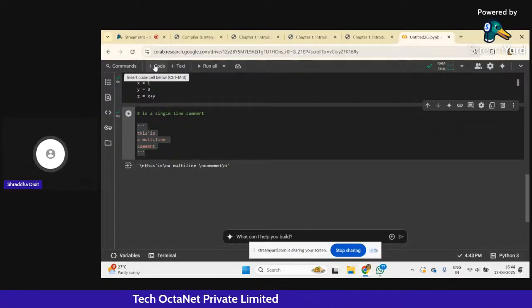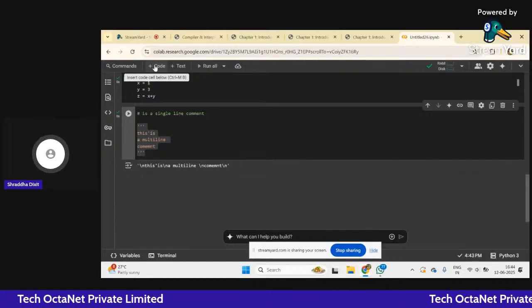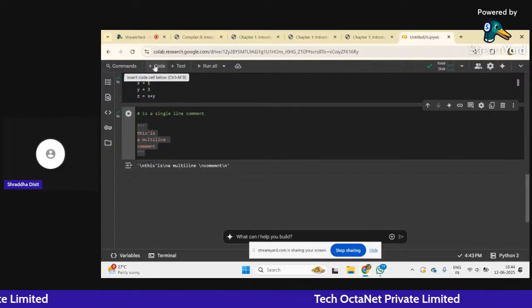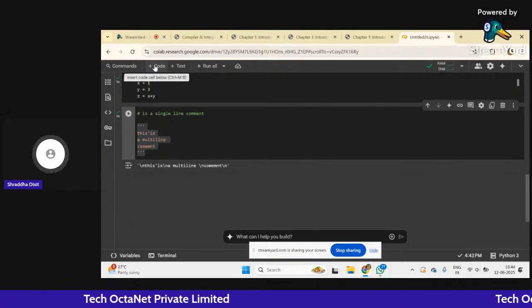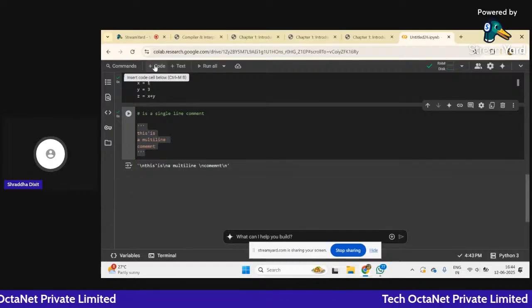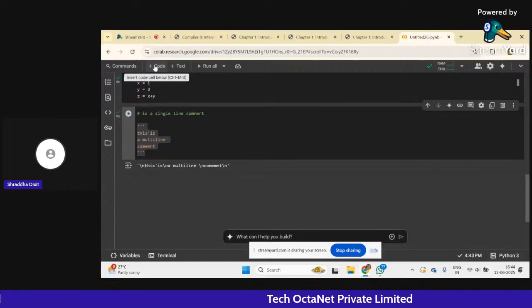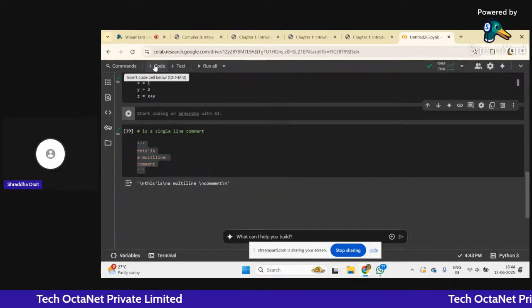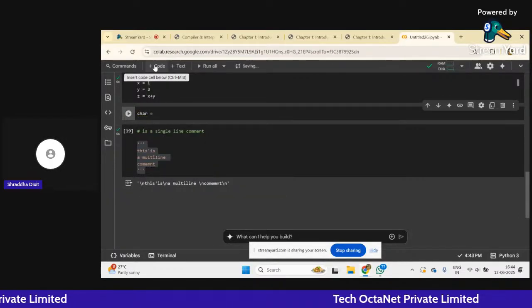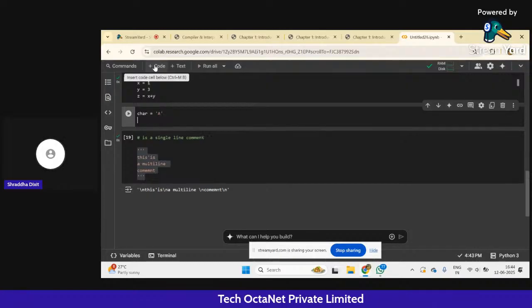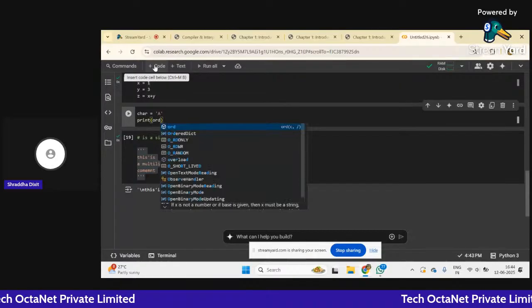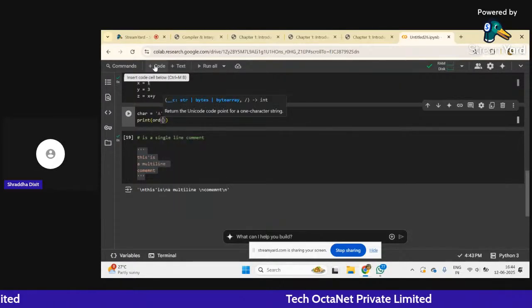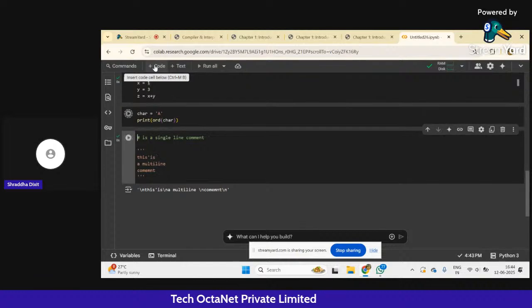The ASCII values are the values that are assigned to a symbol, to a character in Python, as a special value. The values for the uppercase and the lowercase characters are different, and hence they are considered to be different. Now, if I have a character equal to a, okay. Now, if I say print ord character,